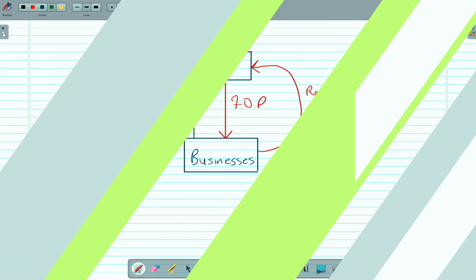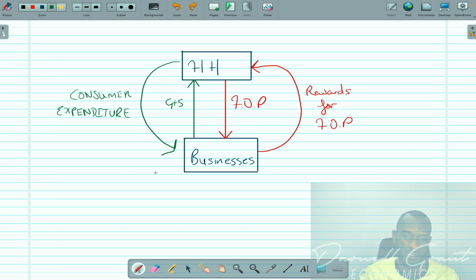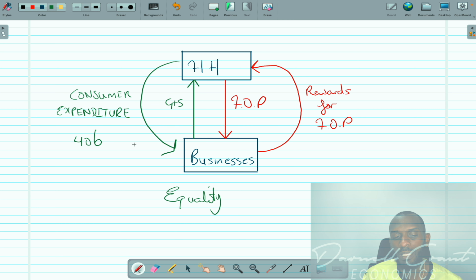One thing we must highlight for this circular flow of income is the fact that we have a lot of balance occurring. There's a lot of equality occurring here. It's important to know that when consumers spend money, and let's just say they spend $40 billion on goods and services, what do you think is the value of the goods and services that are being sent to the consumers? Essentially, it is the